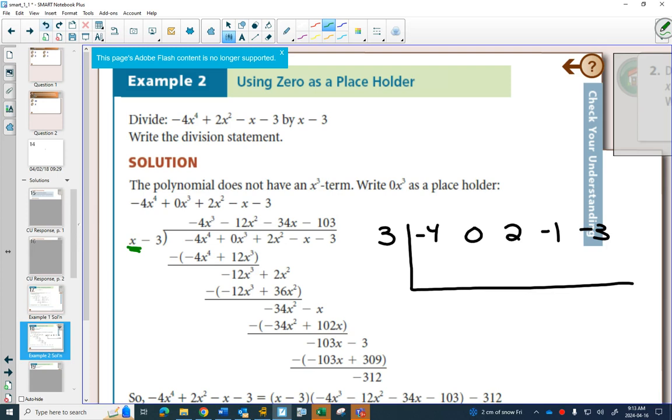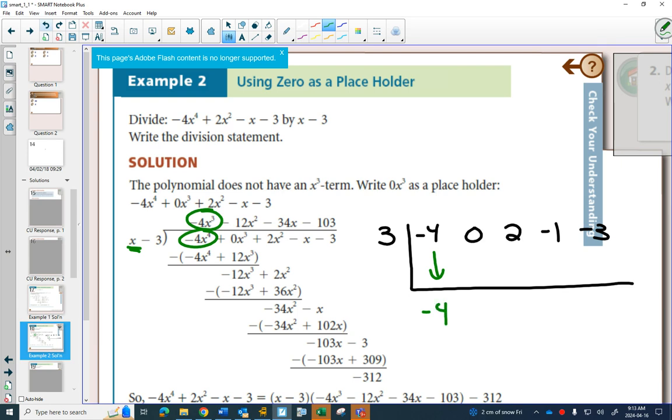So I'm dividing by x minus 3. I have my 3 outside. We notice a pattern that the first number here always matches with the first number there, right? In order to get a minus 4x to the 4, you'd have to multiply by a minus 4x cubed. So what we do in synthetic division to show that is we just have to bring down the